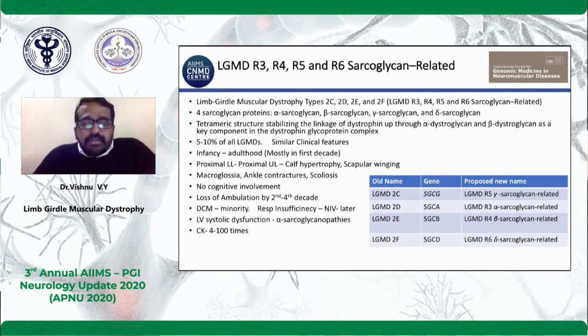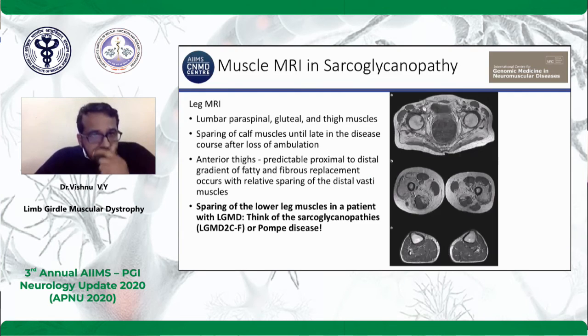Sarcoglycanopathies, coming to it again, can mimic Duchenne muscular dystrophy. It can also mimic an FKRP mutation. It's not very uncommon to see sarcoglycanopathies in our part of the world. On MRI it's a very characteristic picture. There is mainly involvement of the pelvis and the thighs, and you should look at the lower leg. The lower leg is spared. This can differentiate between dystrophinopathy and FKRP, where both times the lower legs will be affected. When there is severe involvement of the pelvis and the thighs, the lower legs are spared until late. So when you see such an MRI, you should think of sarcoglycanopathies or the POMTs.